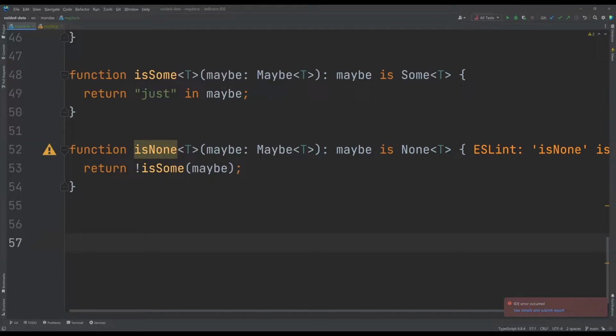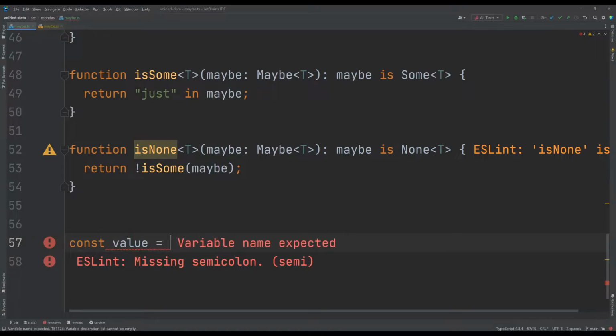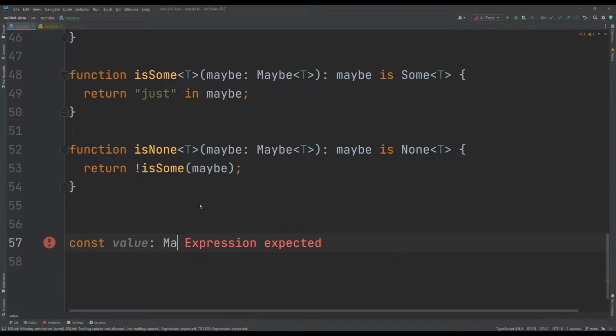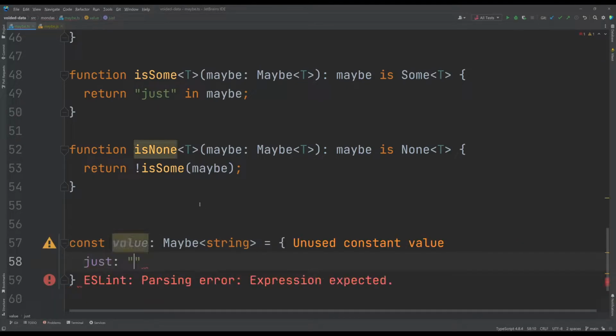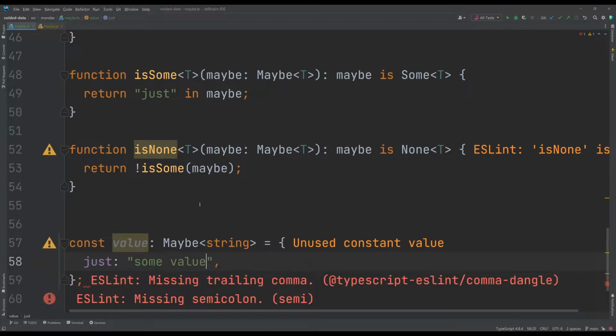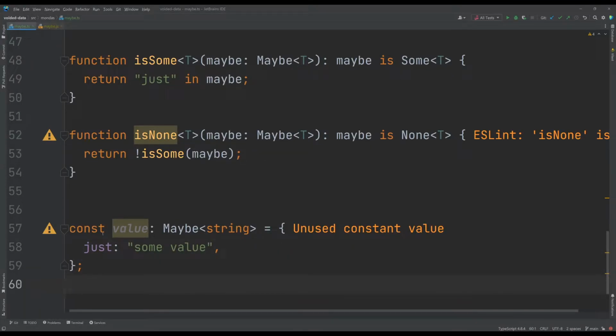So how is this useful? Let's say we have a value, we don't know what it is, which is just a maybe of, let's say, a string. And we can assign the just value some value. And at this point, we have technically a sum here, but since a sum extends a maybe, this is fine as well.